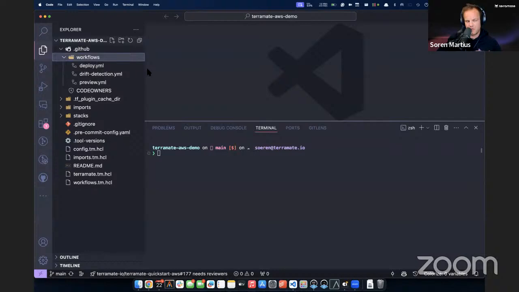But our way of thinking here is that you most likely already have CI/CD, and you already pay for compute, so why not reuse this, right? That allows you to leverage whatever you have already, so you don't need to buy yet another CI/CD platform. So what you can see is we have workflows for deploy, previews, and drift detection,